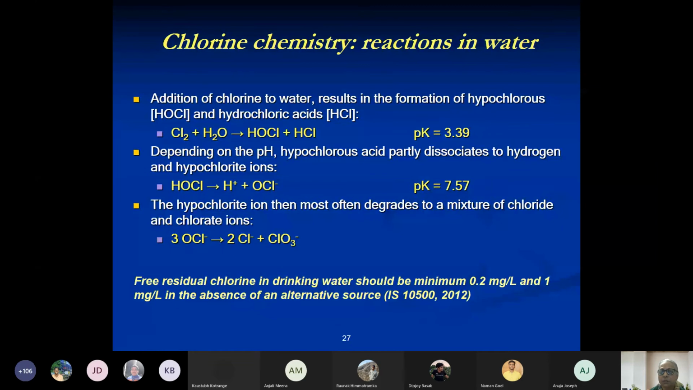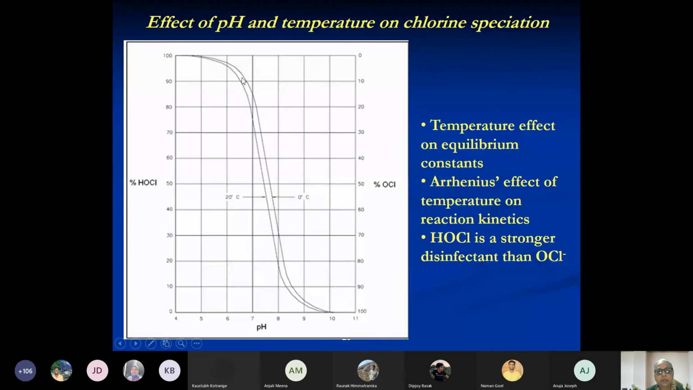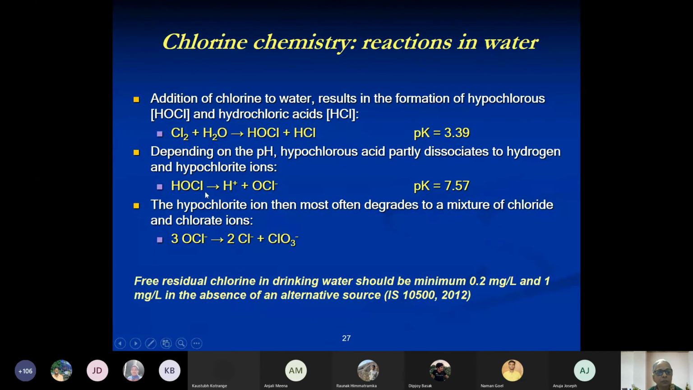There's something else I wanted to mention over here. So here we have the temperature. You know that the equilibrium constant will change if the temperature changes, but the change in temperature will result in a very small change in the speciation of HOCl and OCl-. Now, if you take this particular reaction, HOCl going to H+ and OCl-,